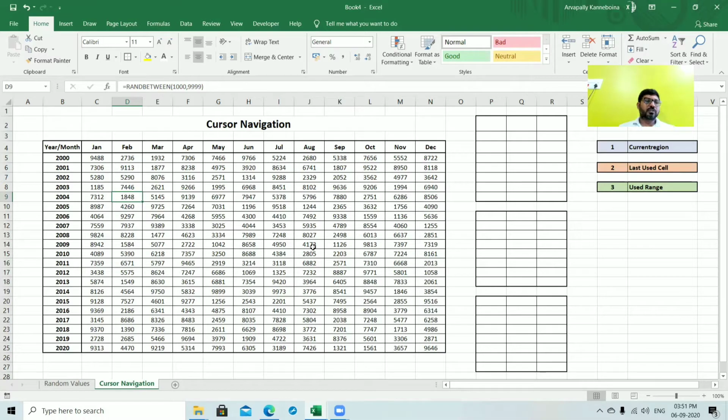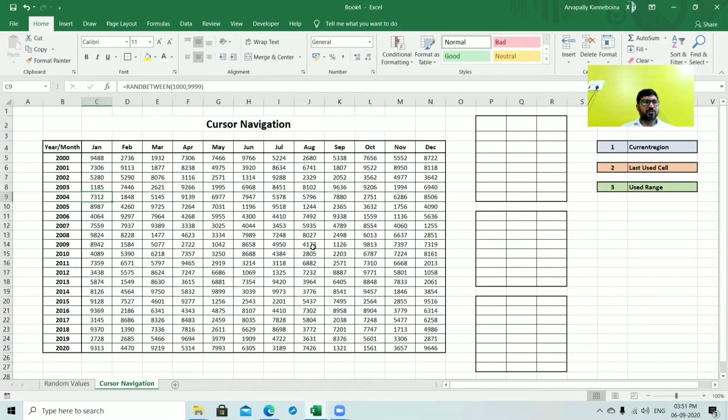Suppose I want to select the 2004 data up to December. So we use a cursor, select, and holding the shift key, we use the right arrow to select one by one. This is the long method. If you want to try, hit Shift and Control and the right arrow.